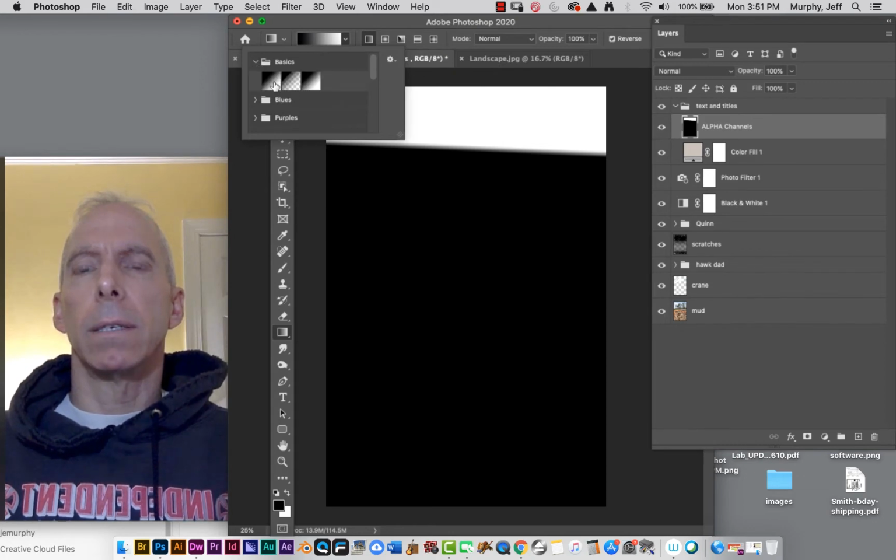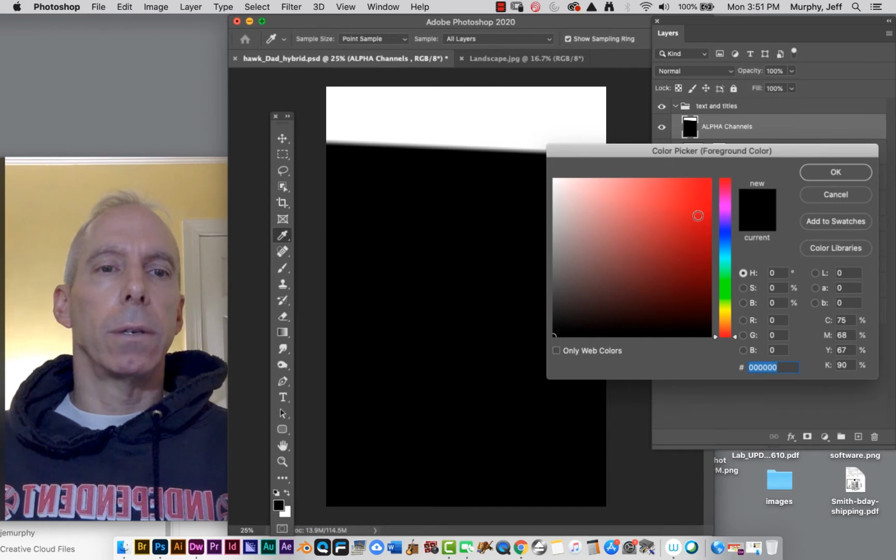Come on, guys. Here, up there. I'm just not being patient enough. Foreground to background. This is one we want. Black to white. If we're doing just straight masking, we're going to pick foreground to background for this part right here, which means I can mix up the foreground to background color. Like, let's start with